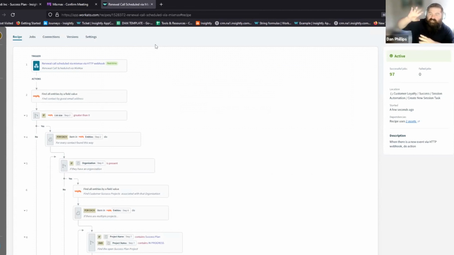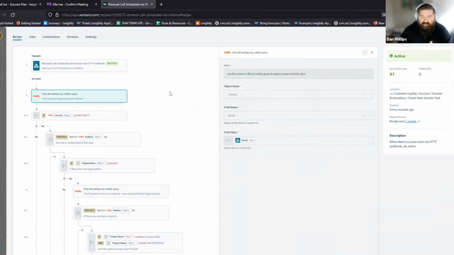Mixmax has a webhook system. So we're receiving a webhook from them when that call gets scheduled. And what it's doing is it's then searching for all contacts associated with the email address that I provided Mixmax just then. We do it this way because there could be multiple, right? We could have duplicates. We might accidentally pull the wrong one if we just look for one. So by getting all of them, we can then say, hey, if we have more than one, then for each